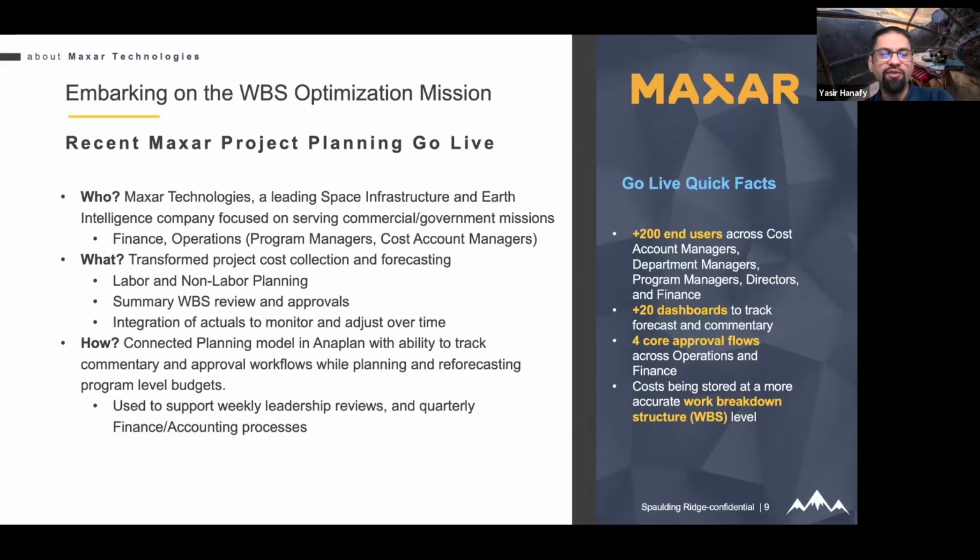So that involved a true partnership with us in Spalding to dive into what it was going to take to get this in place, because the security structures and the complexity of breaking things down to the task level as opposed to the department level was a challenging effort to take on, and normally is only done through full ERP replacements. So what we did was figure out how to leverage and create a new level for cost account managers in our system, and had to satisfy customers across the board